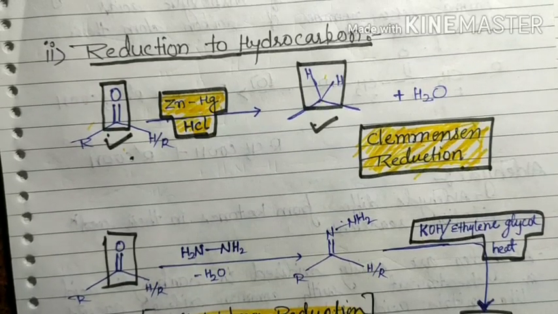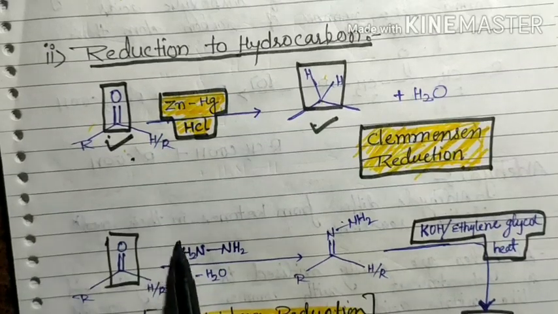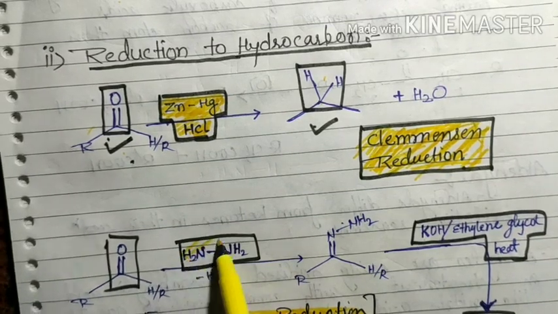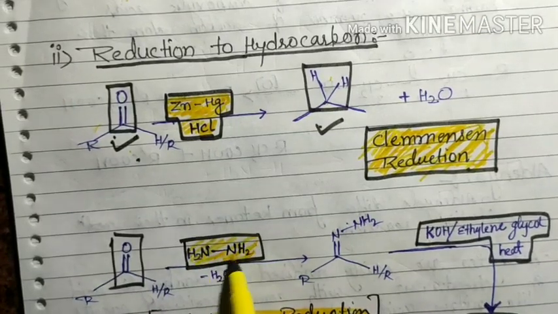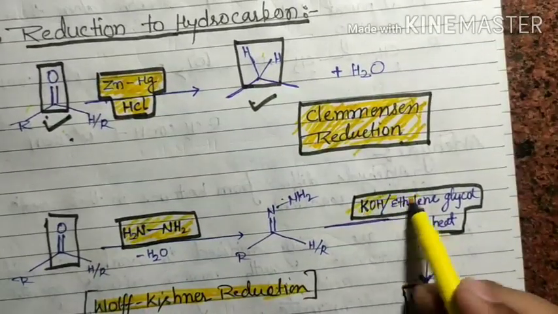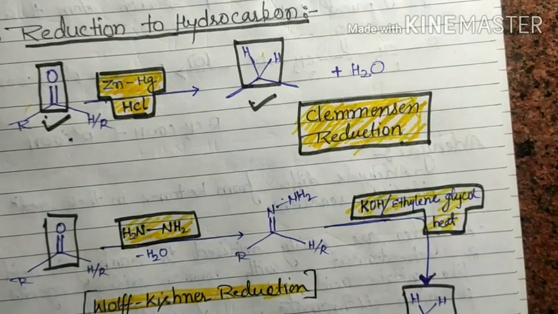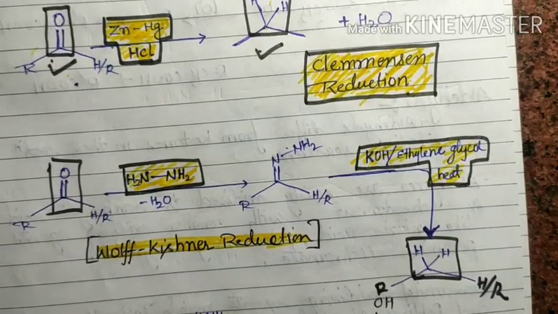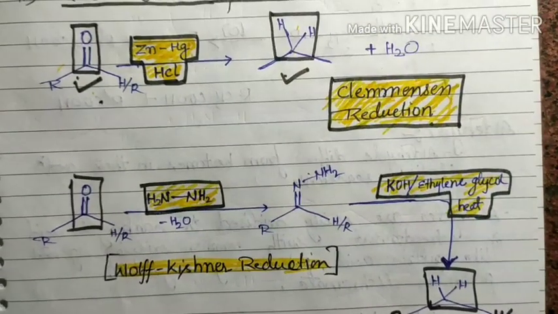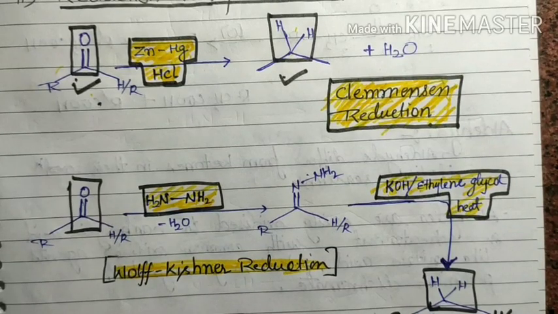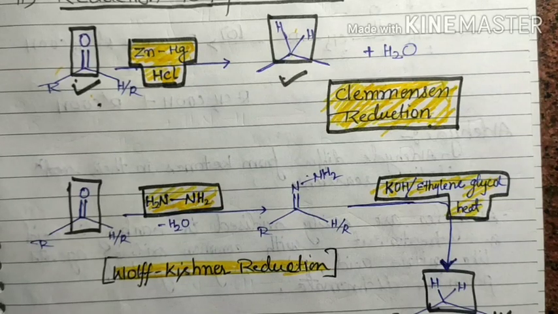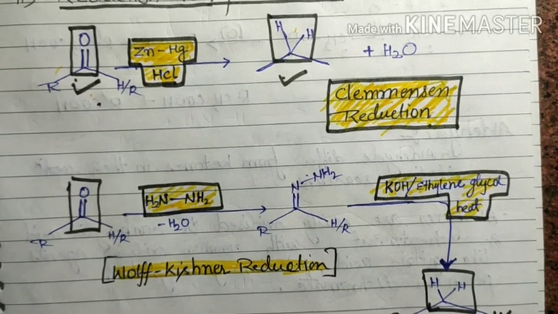So the most important thing is to remember the reagent used in both name reactions. In Clemmensen, ZnHg; and in Wolff-Kishner, hydrazine gives the hydrazone, and the hydrazone reacts with KOH and ethylene glycol to give the corresponding hydrocarbon, or the conversion of C double bond O into CH2 groups. I hope you understand what the change is here. So the product is similar but the reagents used are different. Which reagent is used in which name reaction is an important point.